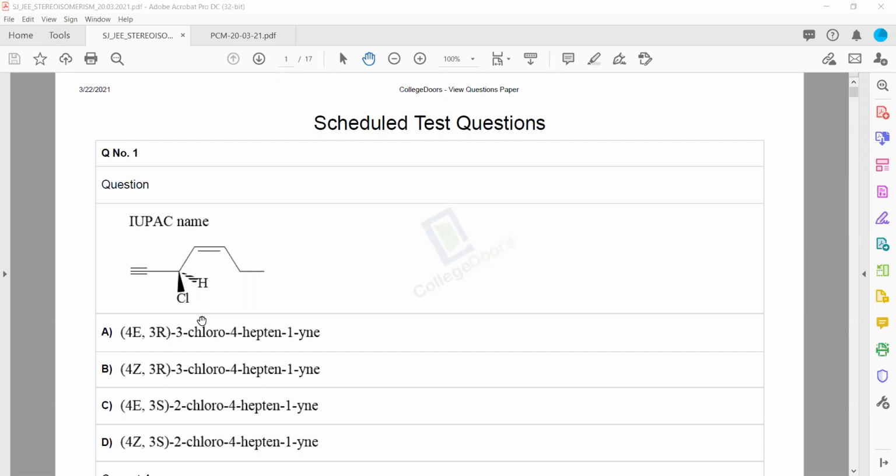Now, apart from the name, there are two stereo centers whose configuration also has to be found. Now, nomenclature wise, if you look at the compound, there is a triple bond, a double bond, and a chloro substituent. So, numbering will start from